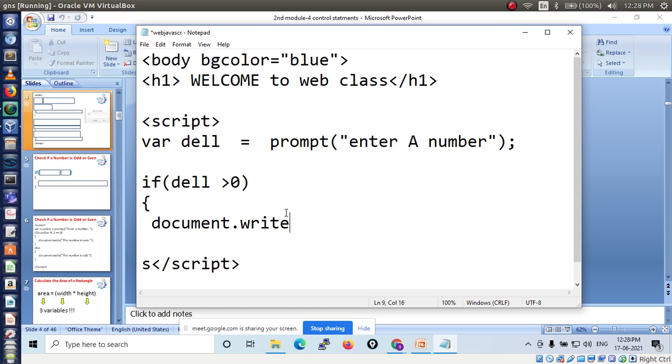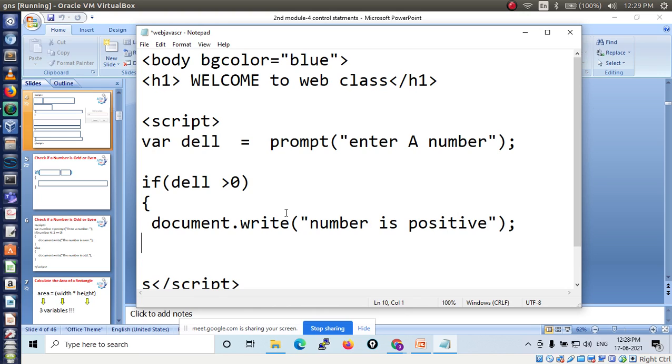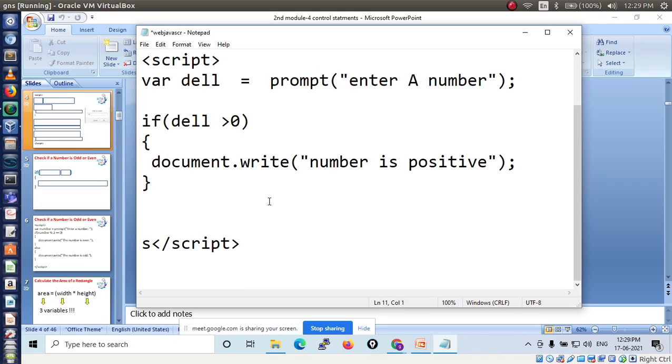Document.write: number is positive. Kiran, understanding? Close the bracket.